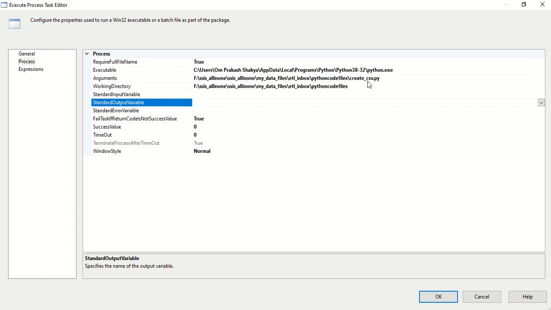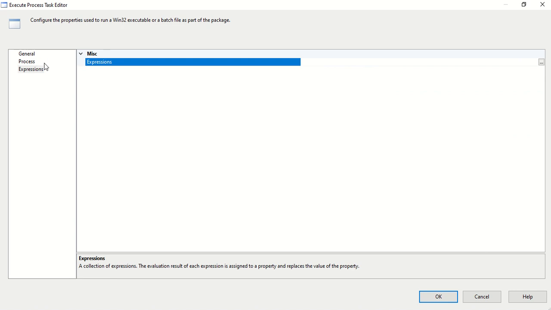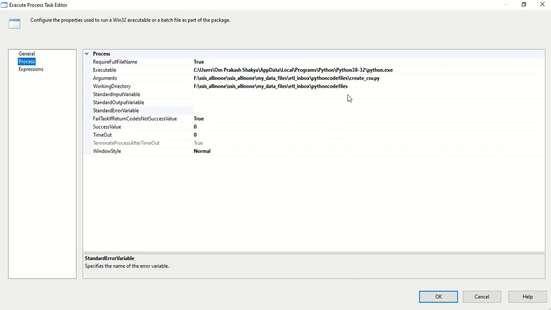Same as if the Python script returns some values, we can capture those values in the output variable, and the error can also be captured in a variable. There are a few more properties which are not of interest here, because I have a very simple Python script file, and that's it. In expression I have not mapped any expression, so this is fine.